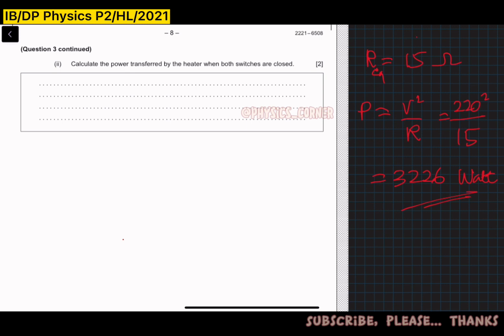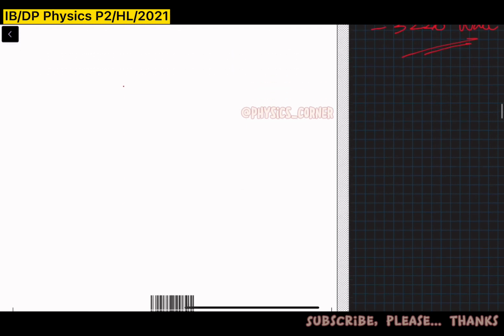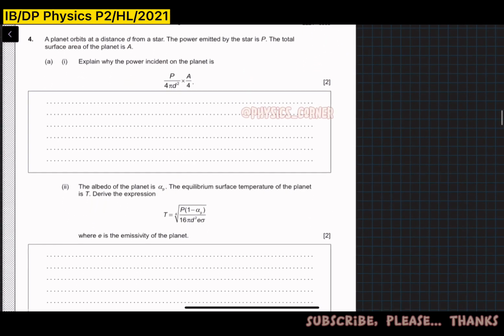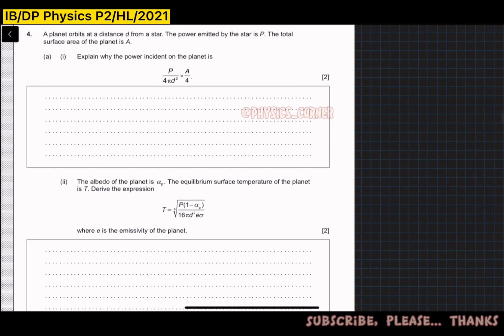Continue to other question. Question 4. Go. A planet orbits at a distance d from a star. The power emitted by the star is P. The total surface area of the planet is A. Explain why the power incident on the planet is